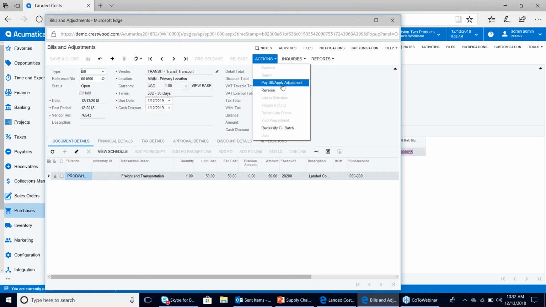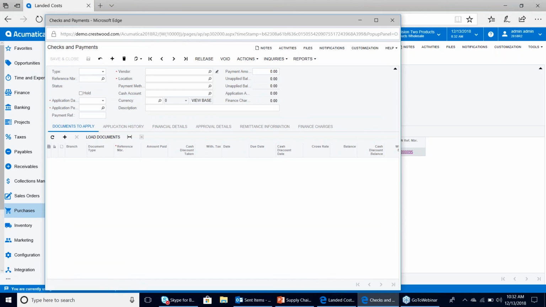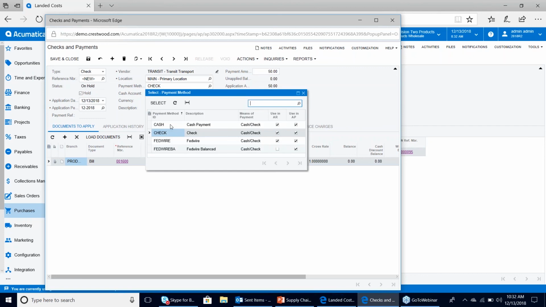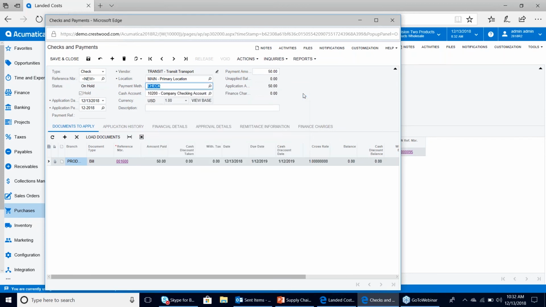Straightforward, from the actions menu of the bill, select pay bill, apply adjustment. This vendor has a default method of check. We can change that. We can change that to cash. We can change it to a wire. We can generate ACH payments out of AP. So just wanted to note that as well. For this demo, we're just going to leave it as check, and we're going to end up printing it and posting this payment as a result. So leaving that as is, releasing the hold,